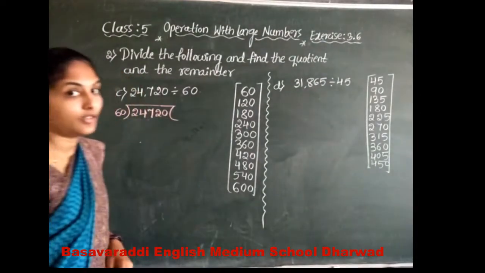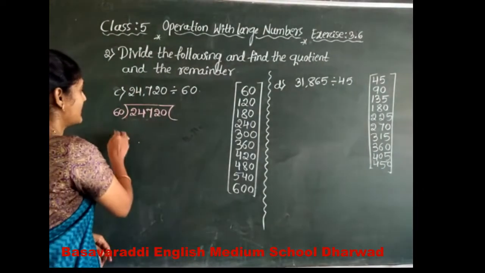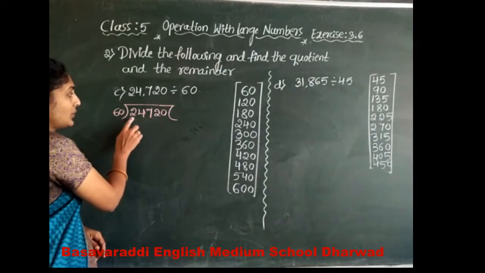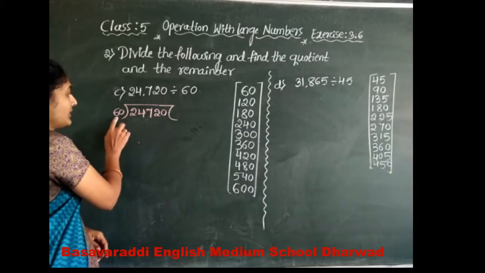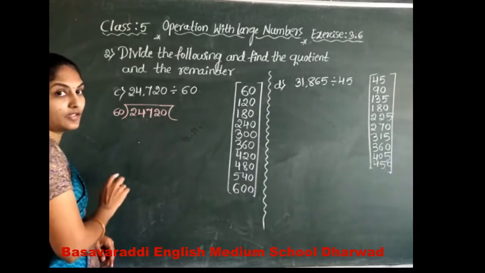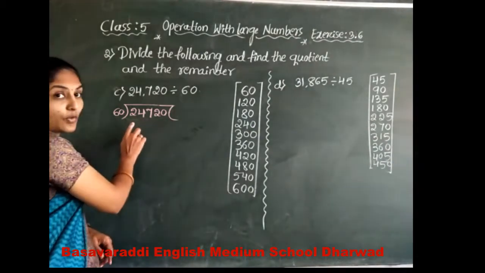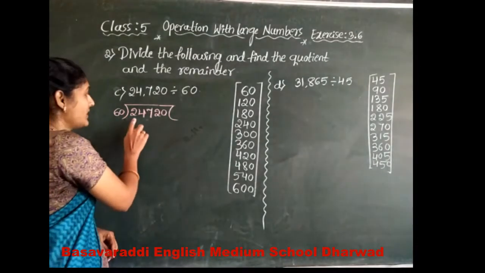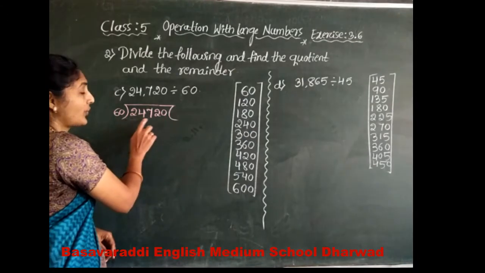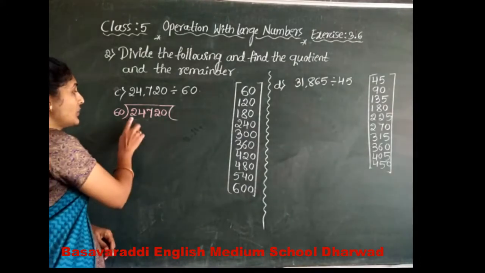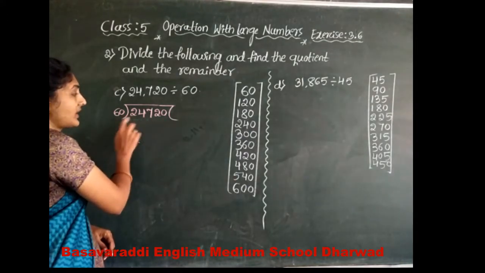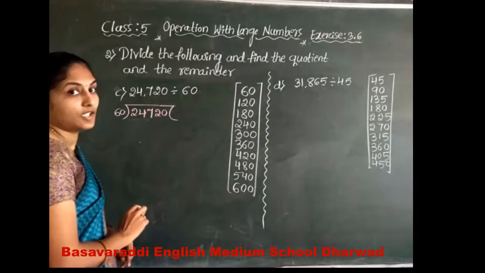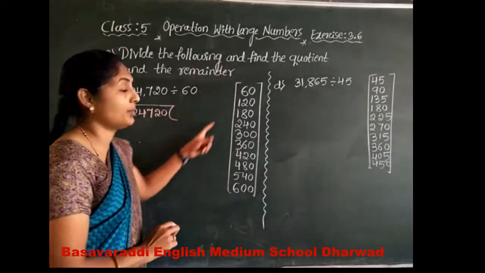Yes, come to the division. Look here, there are two numbers. We have to club the two numbers, 24, to compare the divisor and the dividend. The dividend part is less than the divisor, so take one more number, 247. Compare the divisor and dividend: the dividend is more than the divisor. So let us start the division problem now.